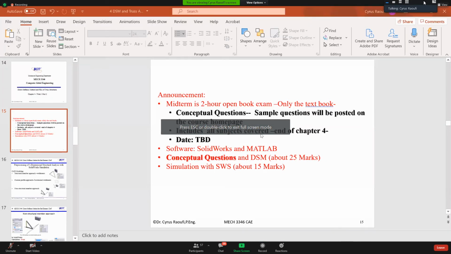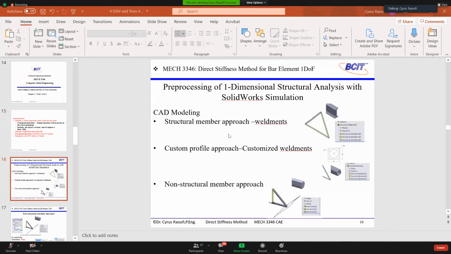All right. I think we talked about this one. It's clear. As I said, next week we are going to look at this slide one more time in terms of the midterm exam. Now, we covered the fundamentals of the direct stiffness method last week, and we said in order to solve